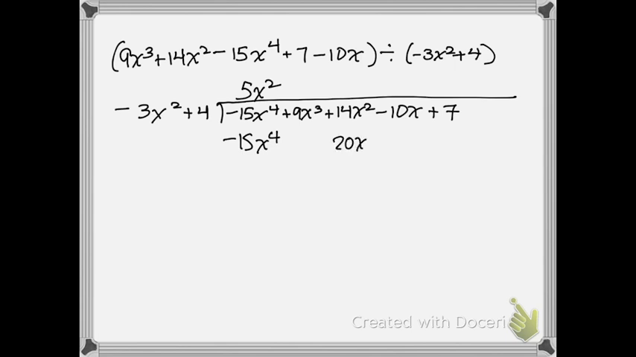And then subtract this line. I always like to write minus with the parentheses. And subtract the line. 9x cubed minus 0 is 9x cubed. And then 14x squared minus 20x squared is minus 6x squared. And you should be able to continue from there. I just want to